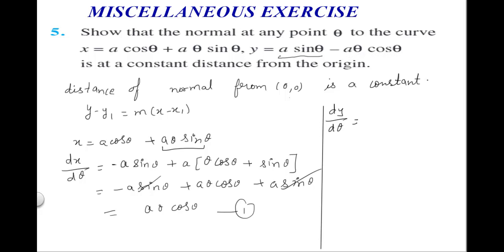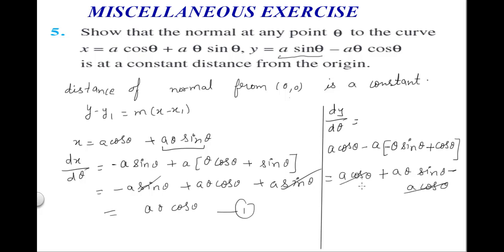So let us write it in a different line so that it comes up. a cos theta minus a as it is, theta as it is, the differentiation of sin theta, cos theta, is minus sin theta. Then plus, right? cos theta as it is, the differentiation of theta is 1. We are getting a cos theta minus a theta sin theta. Now see, minus and minus, here it will get plus, and minus a cos theta. So you see, minus a cos theta and plus a cos theta will get cancelled. We are left with a theta sin theta, naming it as the second equation.